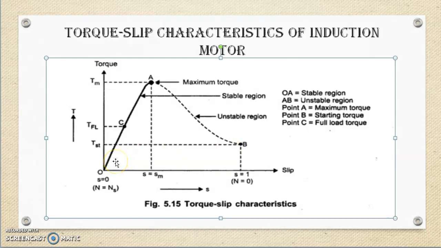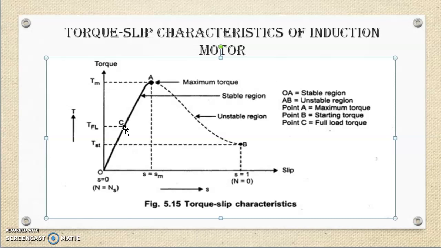Then, in a low slip region, now, if you start loading your motor, your speed decreases. As speed decreases, slip increases, and torque is also increased to compensate the load. Now as load increases, load draws a current from a supply. So up to the point C, that is the full load torque, this C is the full load point. Up to this C, whatever current drawn by motor from a supply is within the safe limit. This will not harm or damage our motor because of temperature rise.